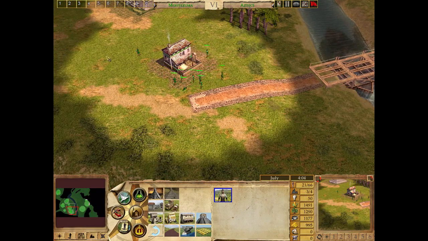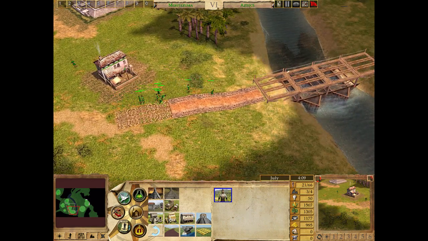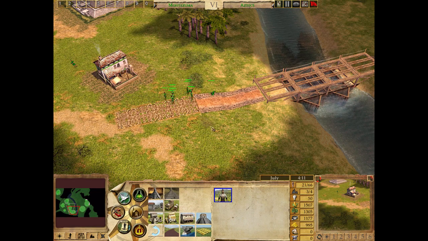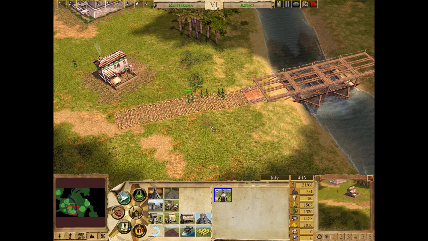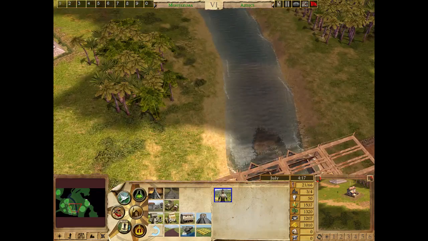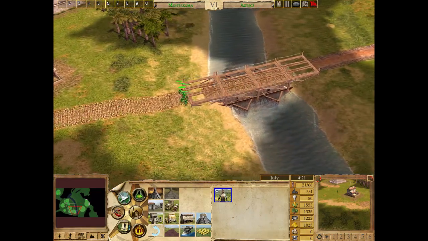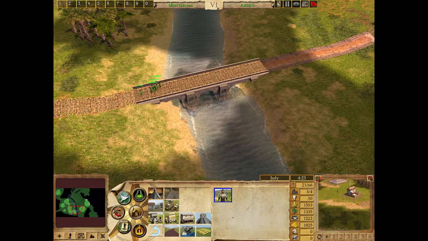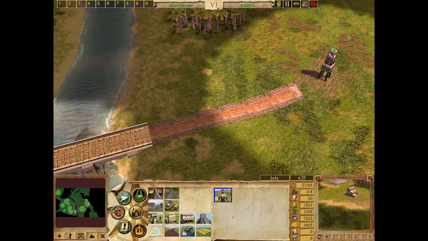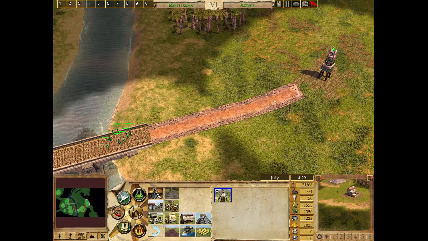So they'll work on that. Hey, look, it's magic. They just hammer it and it magically appears. See? Then it just ends right here, so...